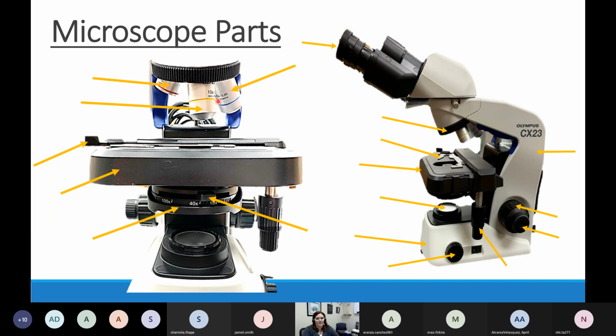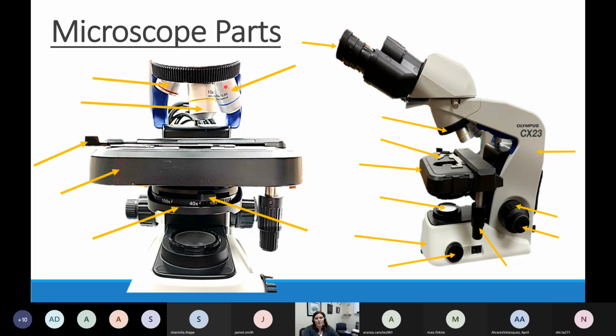The high power objective is my last one, seen here with the blue stripe. The high power objective by itself magnifies things 40 times. So this is the big guns over here. They've got lots of magnification power, especially when we pair that with our ocular that helps us to magnify things by itself. When you're looking at slides in lab, you will almost always use more than one of these objectives to view that slide. We always start with the scanning objective in place. We always start with red, and then we'll at least go up to yellow, if not also all the way